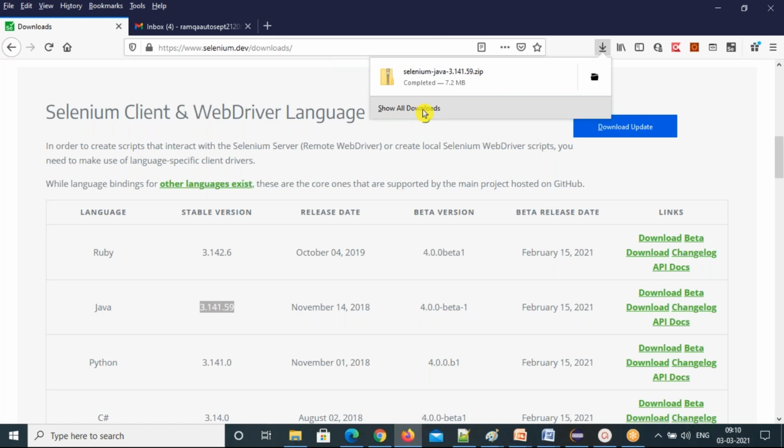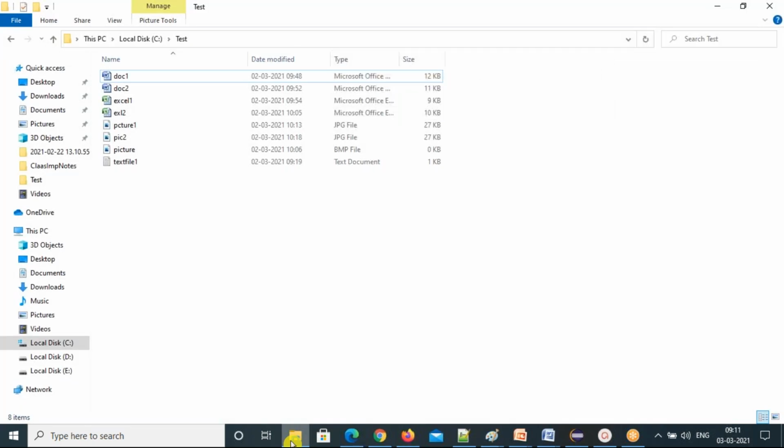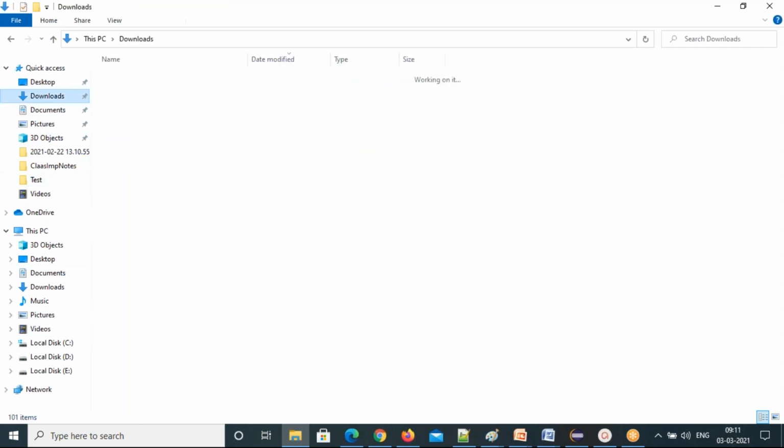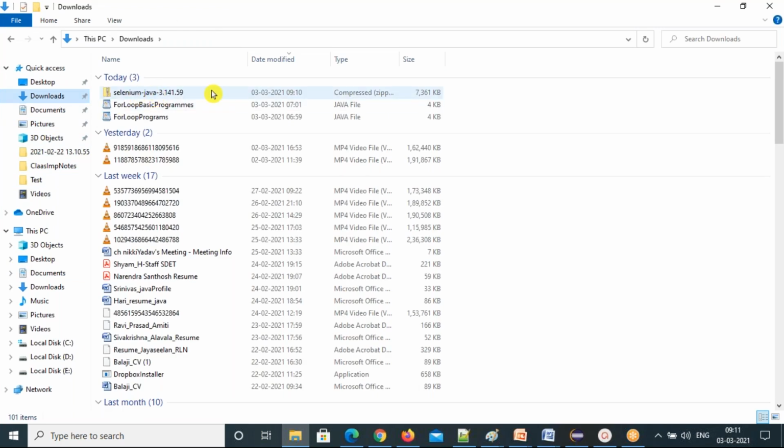So it will go to the downloads folder in our computer. It will store there. Basically any downloaded file you can find in the downloads folder of our computer. So now you can click there and it will take you to that page, or you can open your Windows Explorer, and on the left side you click on downloads. See that today we downloaded this. The date and time also will be there, and the type of file, compressed zip file.